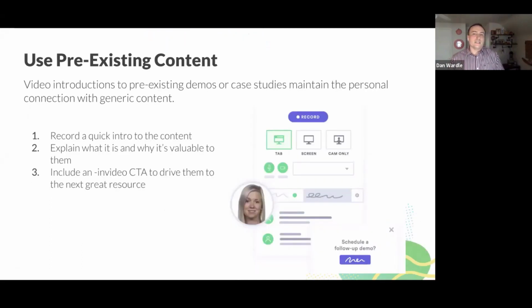The next one is one that quite often gets overlooked, especially as we talk about our marketing material and what you might see on our website, is using pre-existing content. So if your marketing team already has hundreds of videos, even if they only have one video, but it's like the video you send to everybody, you can still make that personal. So what you can do is send that video, but also record a quick intro, and that's where the webcam would work best,